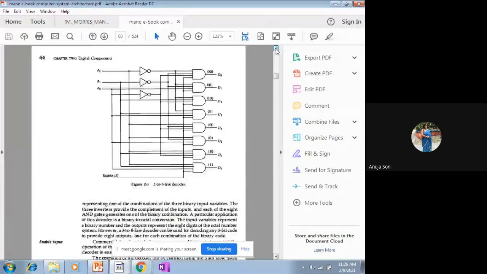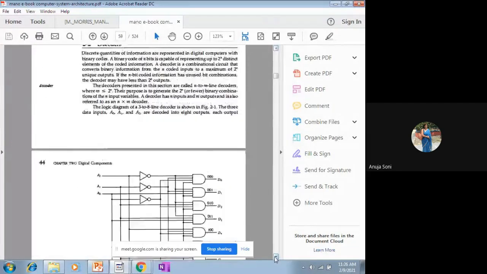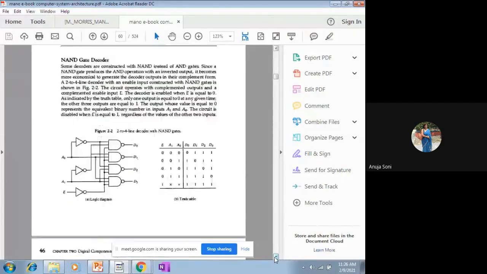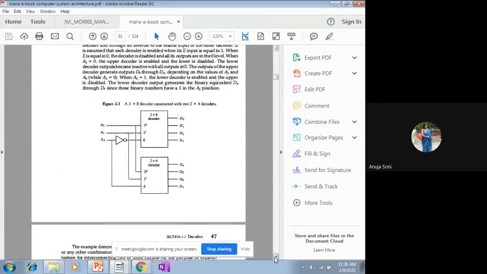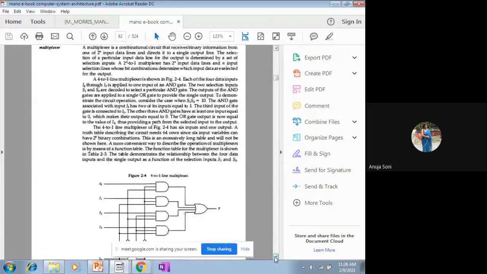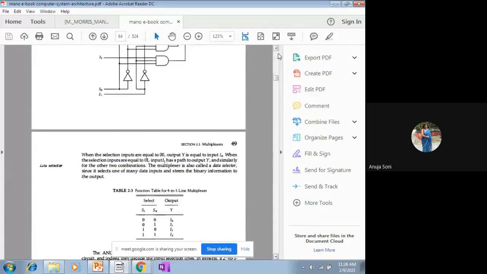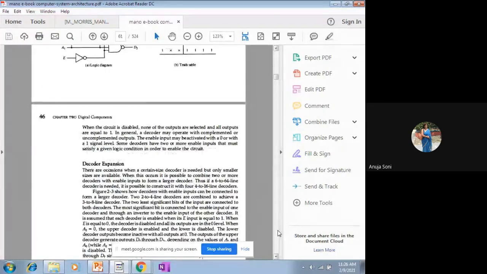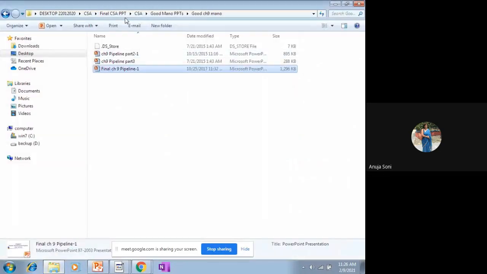Here the table is, I am not able to view its table. Let me see where it is, but I have already provided you the PPT in which there is a table corresponding to this expanded form of the 3 to 8 decoder, which is constructed with the help of the two available 2:4 decoders. So let me open my PPT in order to show you the truth table of this 3 to 8 decoder, though I already shared the PPT with you. Let me open it because I am not able to find it here. So I'm opening the PPT of